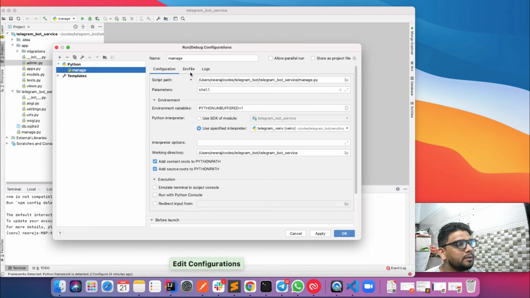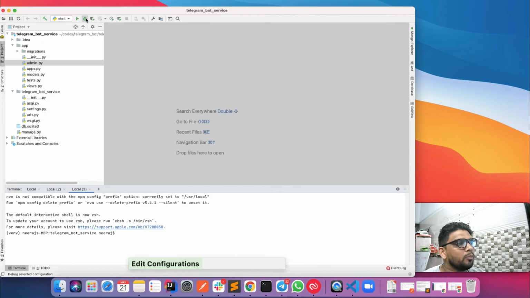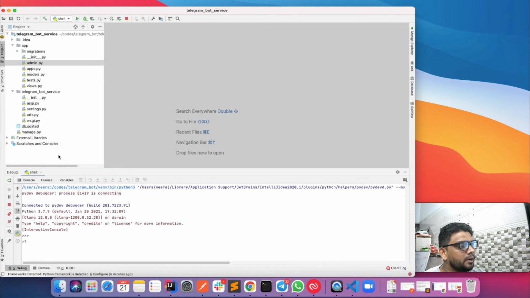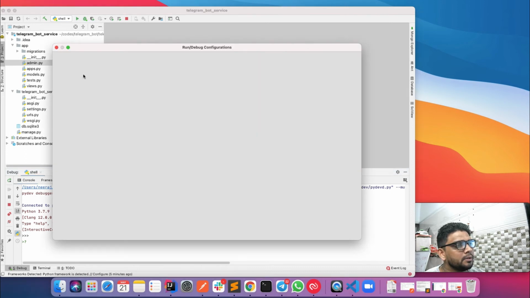I can name it shell because I want to open a shell. Now this has come. I just click on it, and I get an interactive shell, and in this shell the environment is activated by default, so I don't need to go and activate the environment. This is a pretty handy option I get over here.